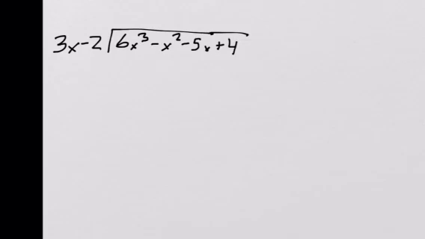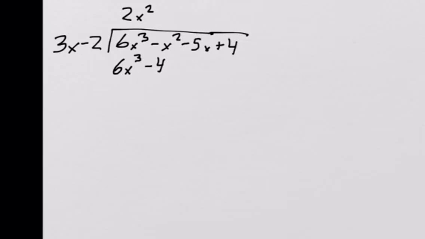So it's going to be 6x cubed minus x squared minus 5x plus 4. So first thing, to match the first terms, we need a 2x squared. So multiply the divisor by 2x squared, I get 6x cubed